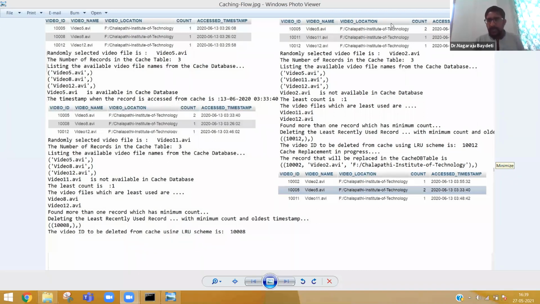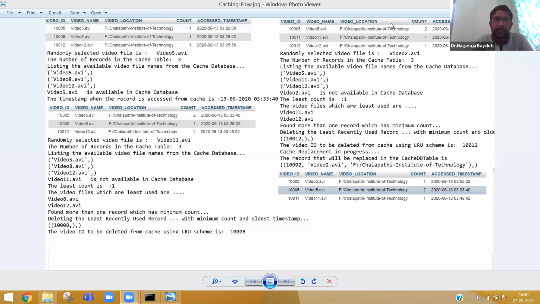If the count and timestamp are the same, how do we solve that problem? It's a good question, Mr. Mahesh has asked. There is very little probability that the timestamps will be equal. Why?